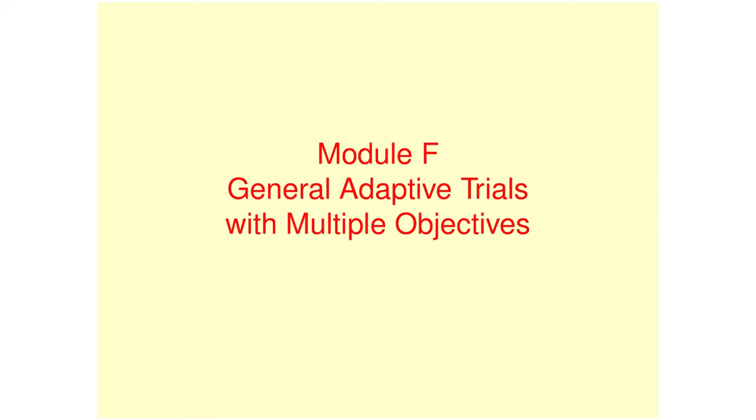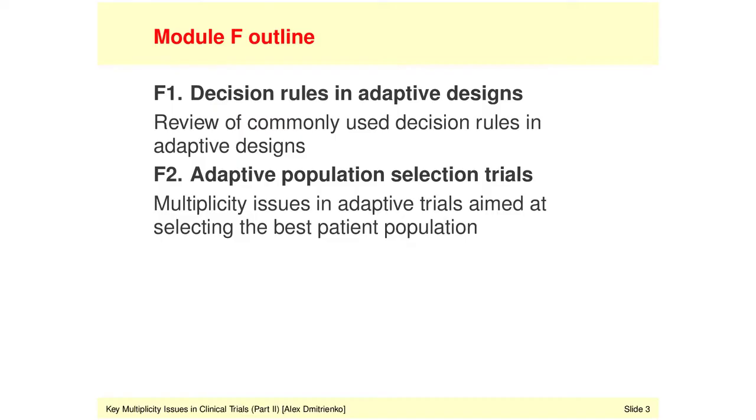Module F, General Adaptive Trials with Multiple Objectives. In this module, we will switch from group sequential trials to a general class of adaptive trials. The main difference between the group sequential setting considered in Module E and the setting we're going to consider in